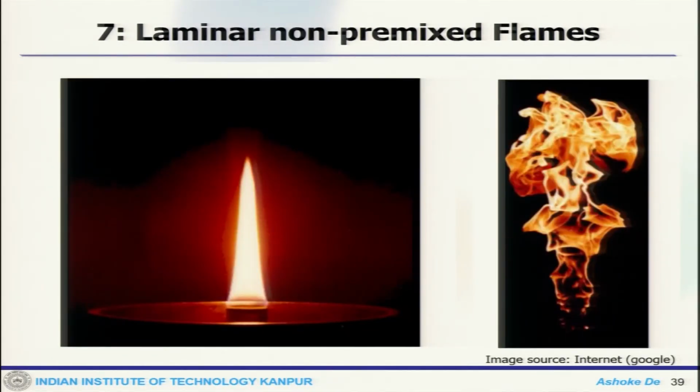So, these are some images of flame. This is a nice laminar flame. Obviously, this is not laminar, this is turbulent. This is turbulent, but this is laminar, and one can see clearly the difference between these two flames, and what is quite chaotic in nature here. So, you get different reaction zones, and in this case you get a nice shape.